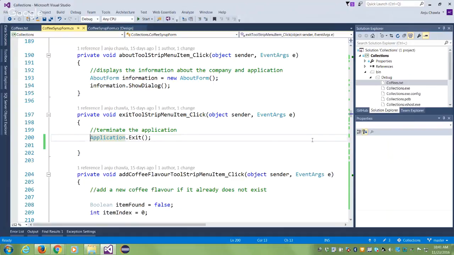So the form, this dot close, application dot exit, they automatically call the event handler for the event handler called form closing, because form is closing, right? So the form closing event handler is called. So when it is called, and it is also called from the cross. So if I don't write it, I can use the cross and it will not ask me that question, because